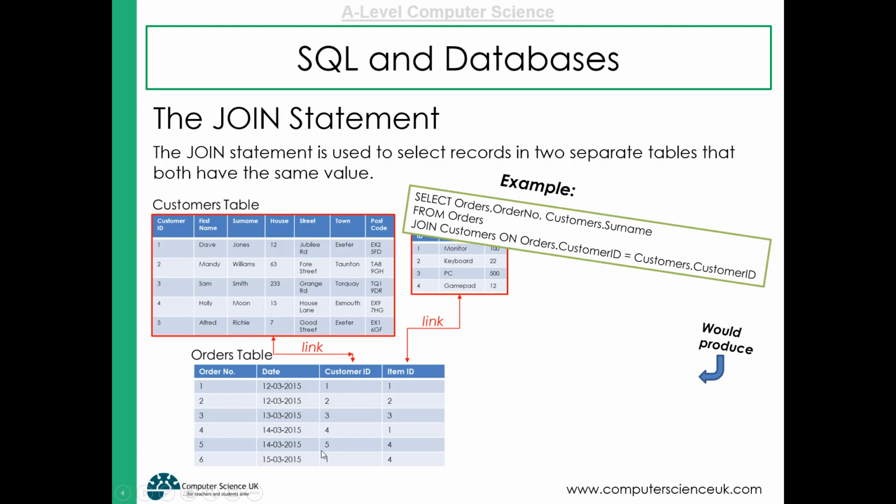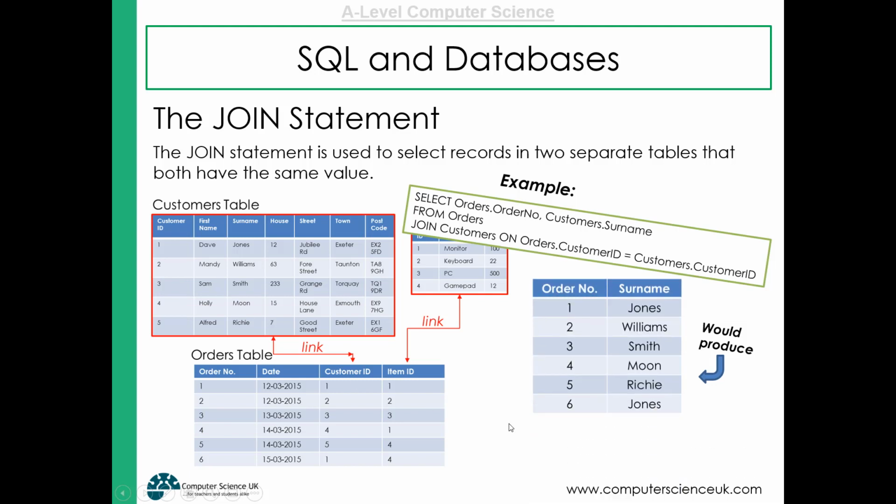from orders, so from here, because that's where we got the link, and it says join customers on orders.customerID equals customers.customerID. Now that means that we are to try and find where matches occur in the customer ID column here with the customer ID column in the customers table. So what it would do is it would result in the following